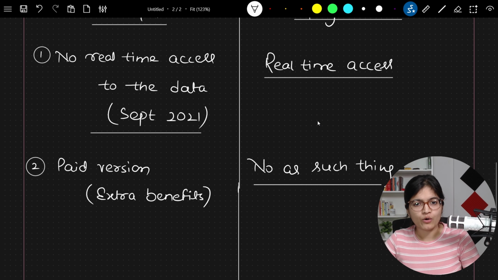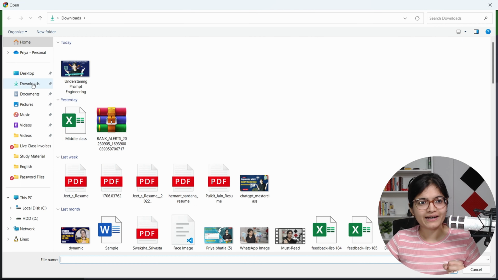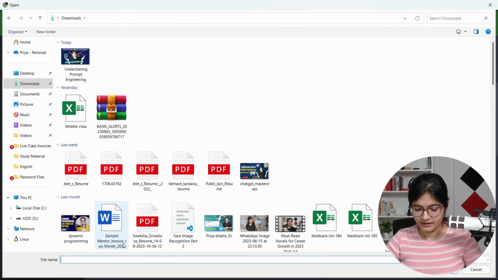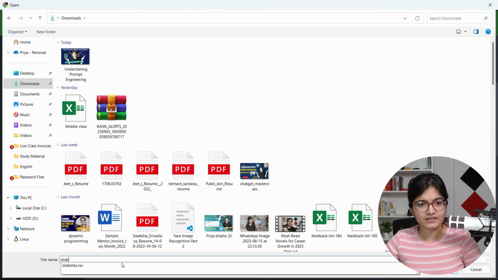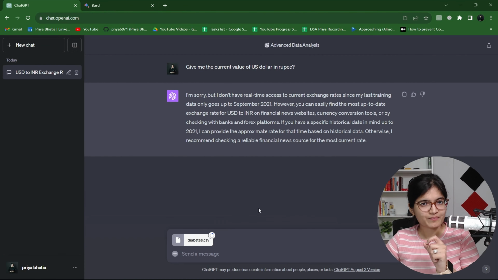So what I will do now is try the use case. I'll try to upload the file. Let's say in the downloads, I'll select diabetes.csv, and here I'll try to open it up. Now this is being uploaded. Now what I will do is, I'll try to say that